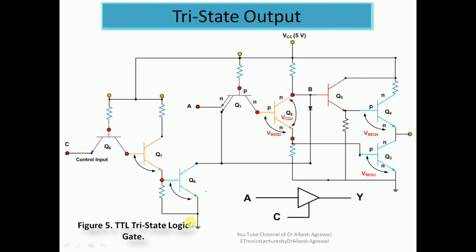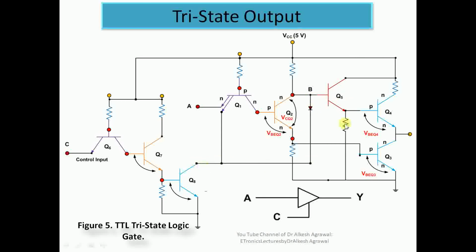Both emitters of Q7 and Q8 are grounded, and the collector of Q8 is connected to one of the inputs of the main unit, transistor Q1, as well as to the diode which is in between